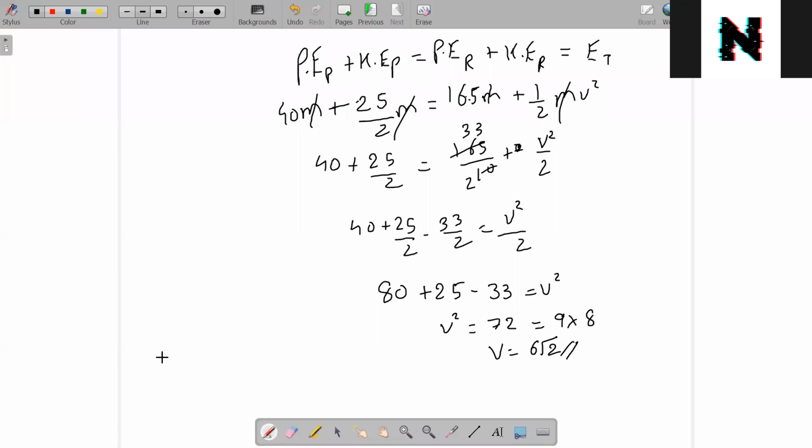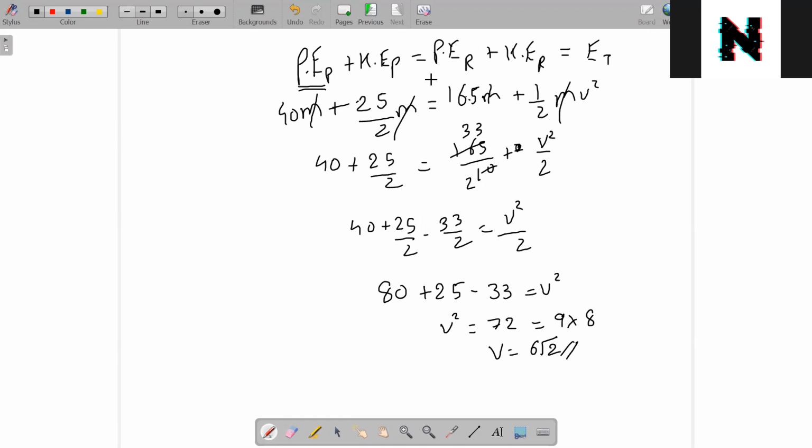Did you know that potential energy plus kinetic energy equals total energy? Did you know that concept? Yes, sir. Okay. And did you know that if there is no dissipative force, then potential energy plus kinetic energy, that is the total energy, will remain the same at every point? You knew that also? No, sir. So that was a new concept for you, right?